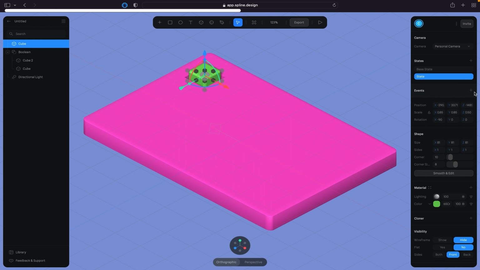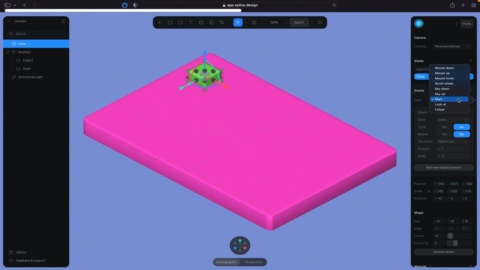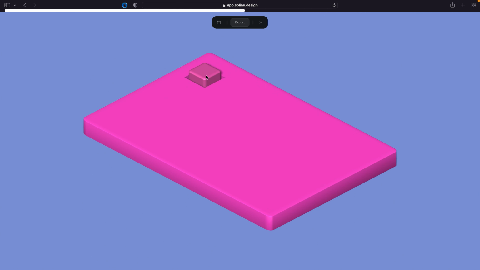So we go to events, we click on this plus button here, and let's say the trigger is when we mouse hover over this cube, we want the state to change to state 1 from the base state. And I'm going to click play. So it's pink, mouse over, it goes green, and it should return back to how it was before, so it'll